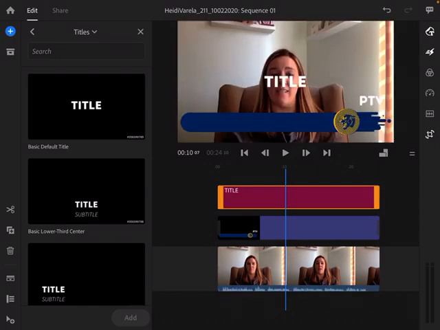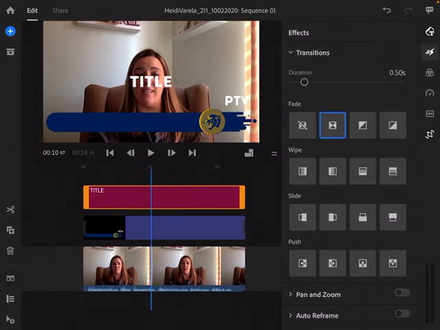Just gotta love working with your fingers, right? Okay. And I'm also going to put the same transition as I did the other one, so it also fades in. Okay. All right, so now let's go back to